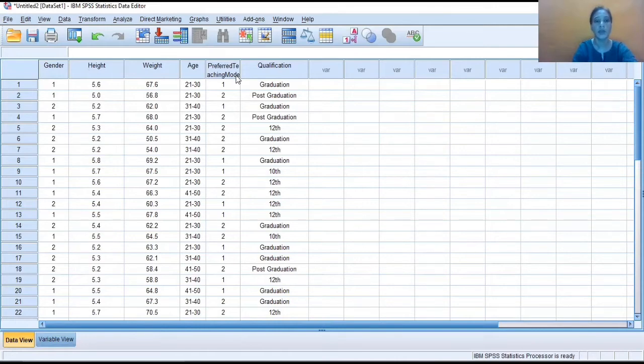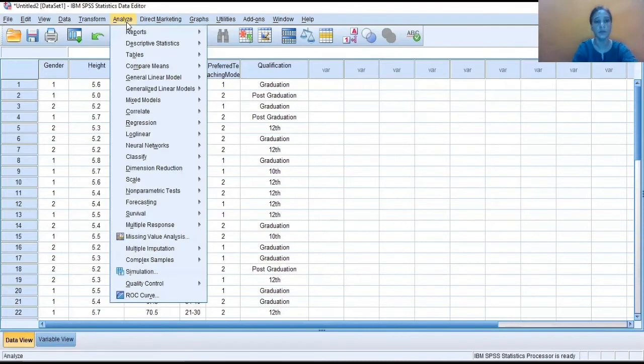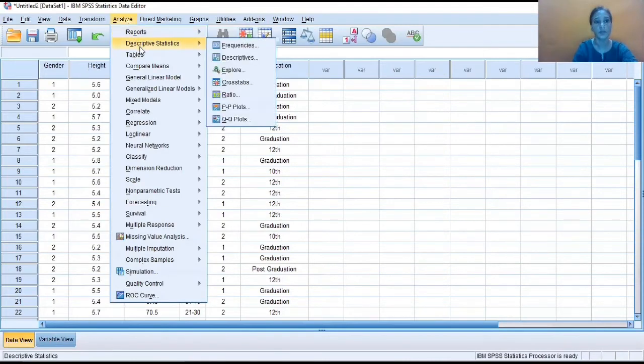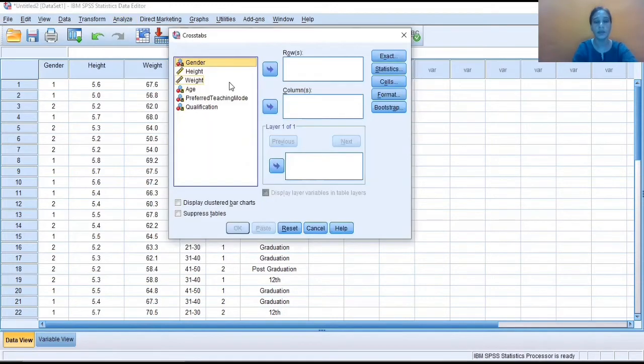Now, how can we apply chi-square test here in SPSS? For that, we need to go to the Analyze menu, then Descriptive Statistics. Then select Cross Tabs. Here you can see at the left hand side box all the variables of the dataset are listed. At the right hand side there are two main boxes, row and column.